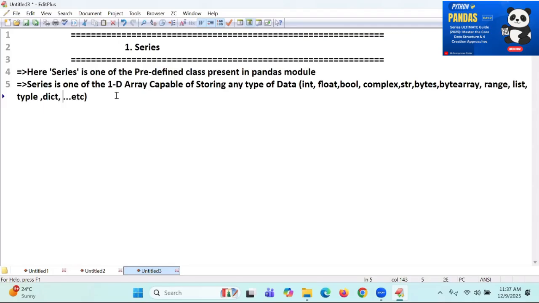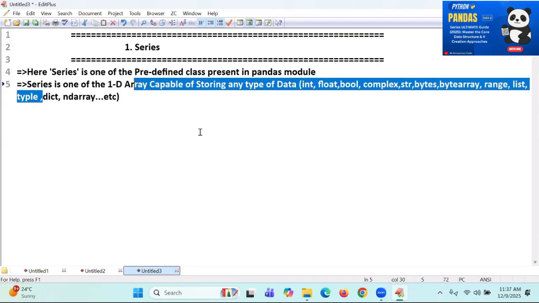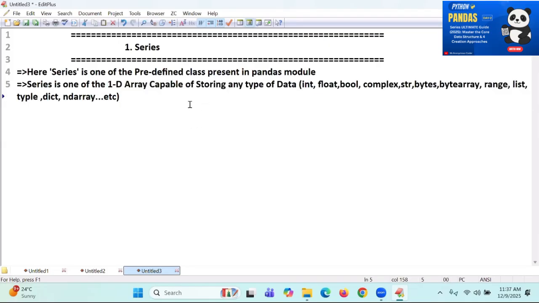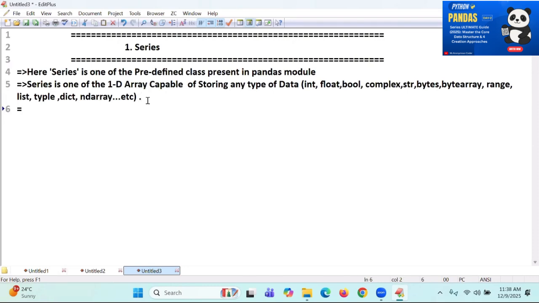Even I can write it: ndarray data also I can store in an object. Series is a one-dimensional object, a 1D array capable of storing any data. In general,